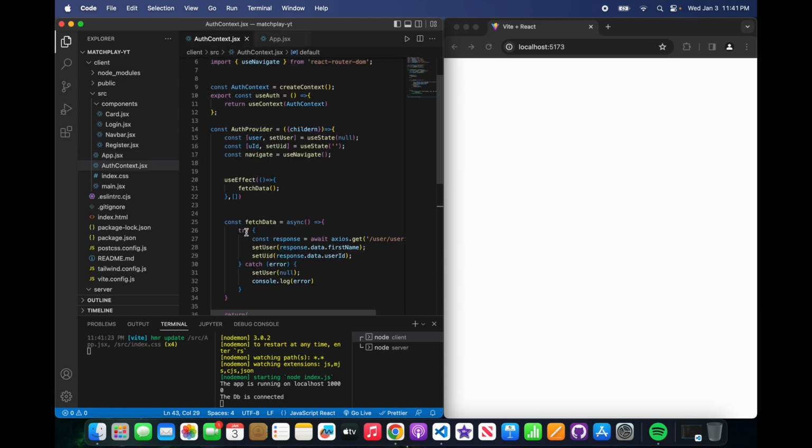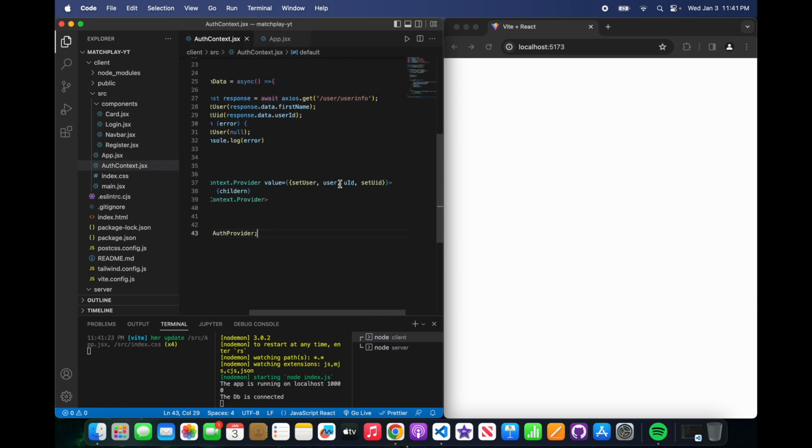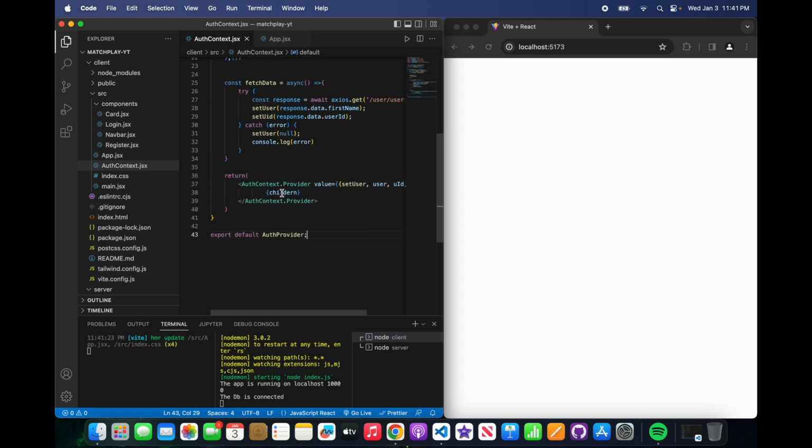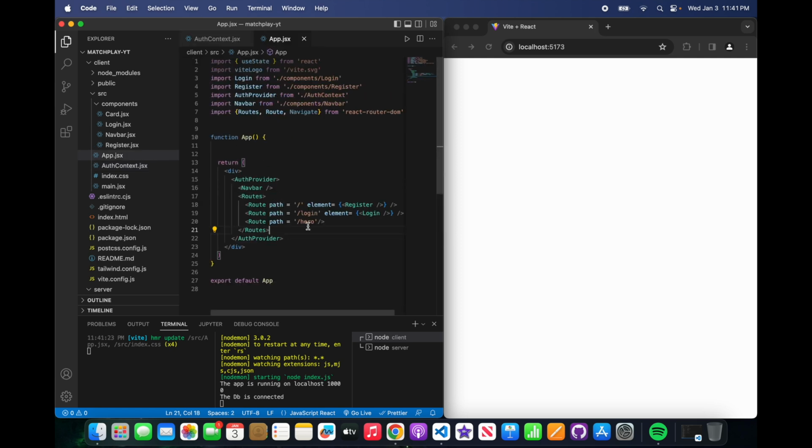And remember, in AuthContext, we're able to set all these values within the children, which is everything here from navbar all the way to the last thing in the route. So we're pretty much done with our app.js for right now. This is the most minimal part of it, so we can just jump straight into our